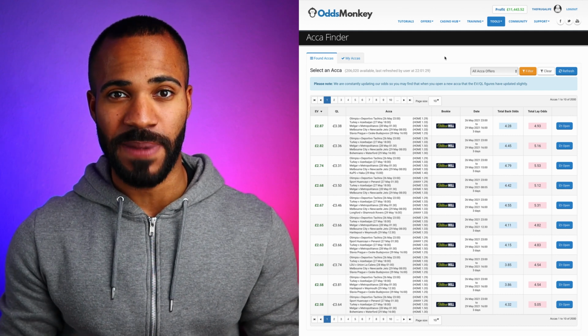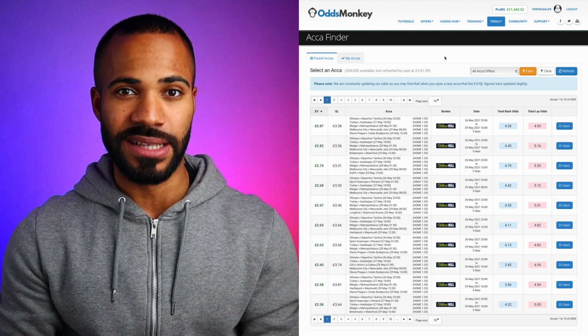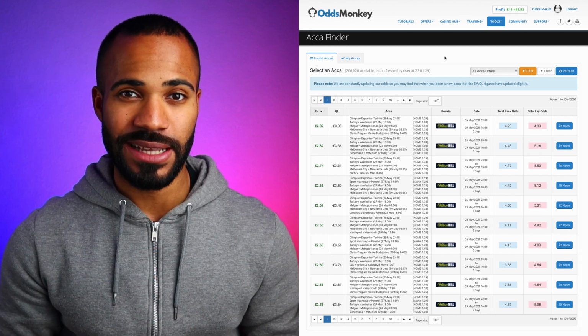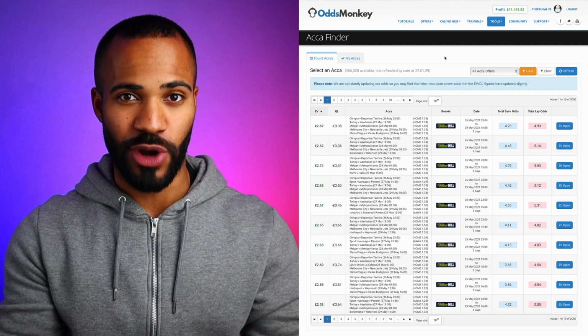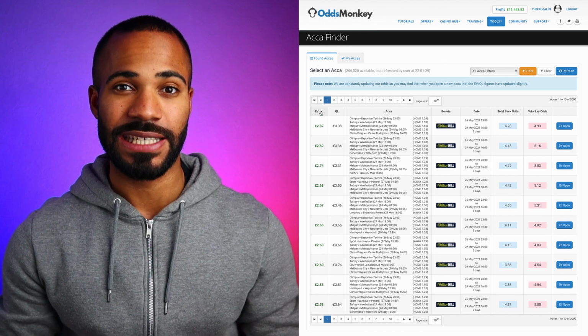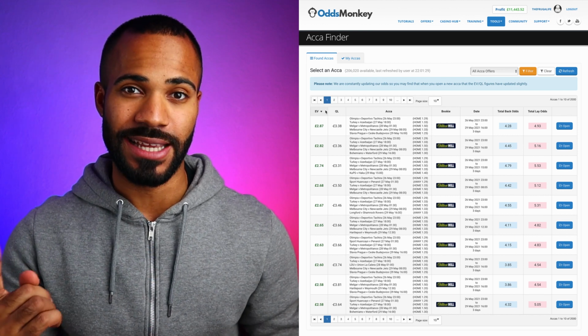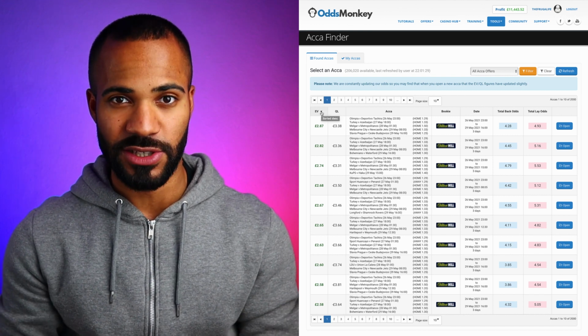If you're familiar with the Odds Matcher, the ACCA Finder is just like the Odds Matcher, but built for accumulators. It's going to find the best accumulator selections with the best odds for reducing qualifying losses or extracting profit. By default, the ACCA Finder is sorted by EV, which stands for expected value, with the highest at the very top. This is the mathematical expected value you'd get from doing this offer.